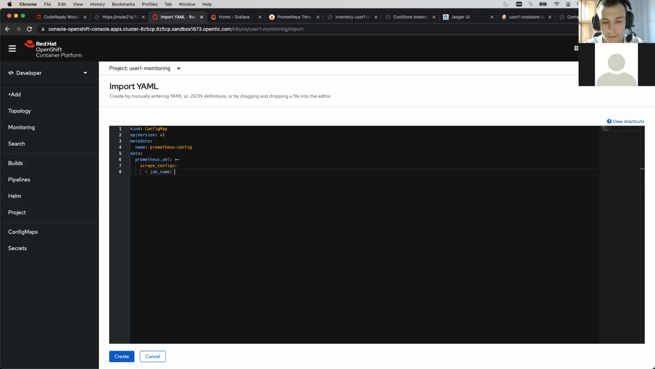Then we are going to include Prometheus, first of all, and static configs. And then we specify the target here. It's going to be an array of localhost 9090. This is Prometheus itself. And then we are going to add another one,